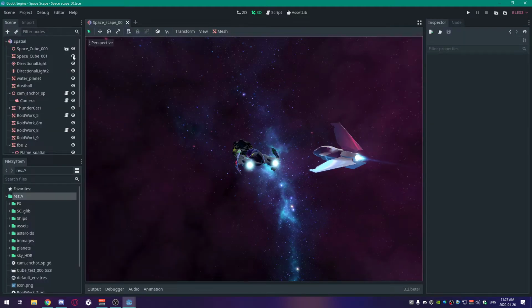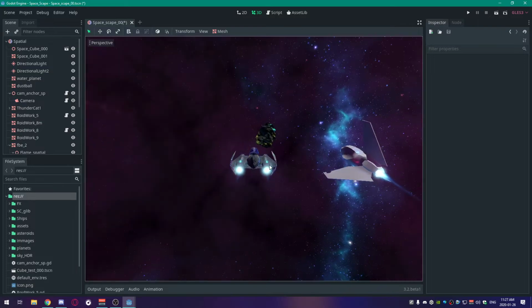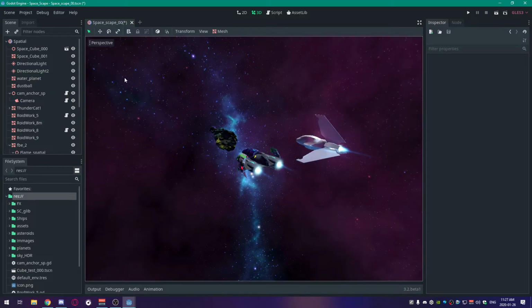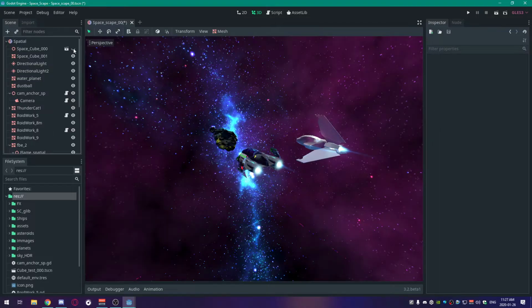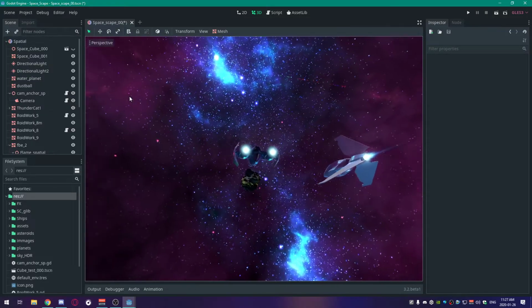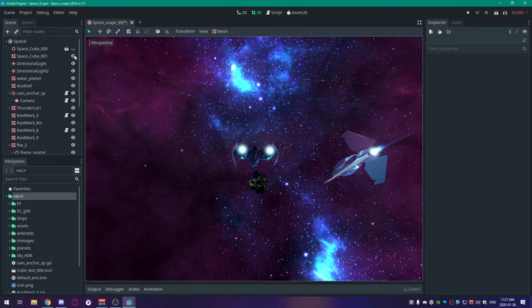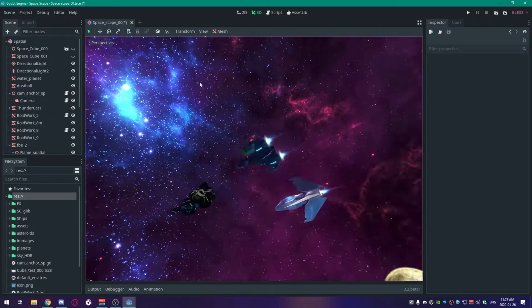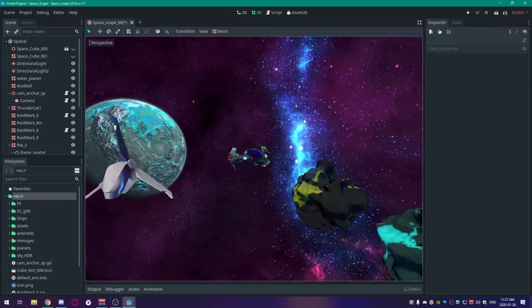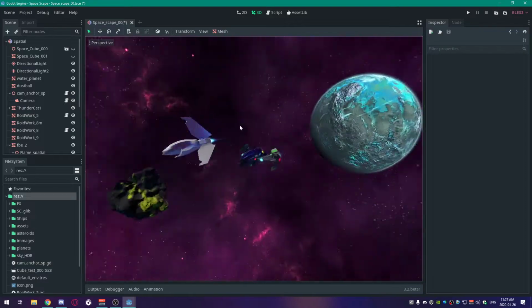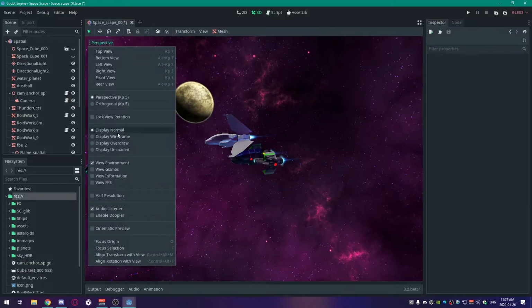So see if I can hide one. Yep, there we go. So this one appears to be a little bit fuzzier, more of the, what's the word, more of the nebulas in front of it. The back one is crisper. So if I drop the back one off, there we go. That's the main space cube. Let's turn off the inner one. So if you look in behind now, it doesn't look like much has changed, but that's part of the environment. So if I turn off the environment,